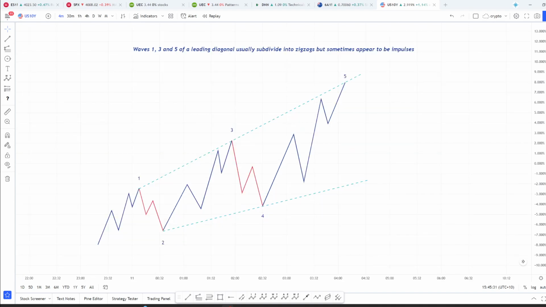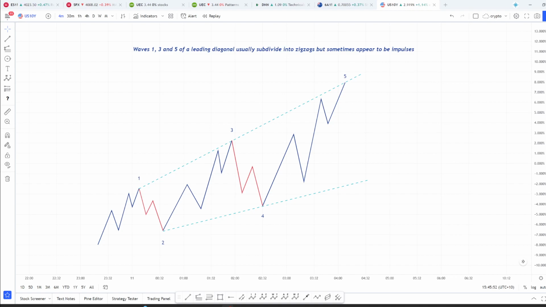Now the next guideline, waves 1, 3 and 5 of a leading diagonal usually subdivide into zigzags, but sometimes appear to be impulses. So I think what this means, first off, you've got to remember that leading diagonals are quite rare. We don't come across them very often. But I think what the book is trying to tell us here is that usually you would expect zigzag formation